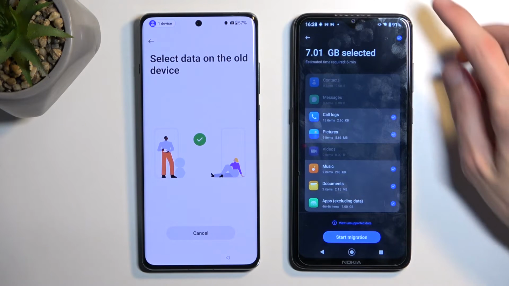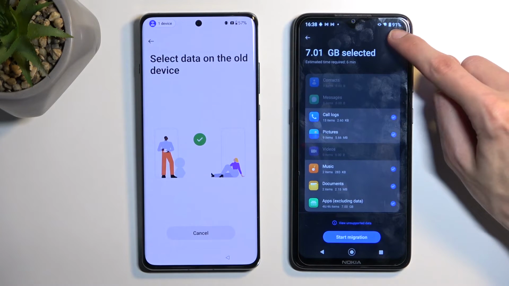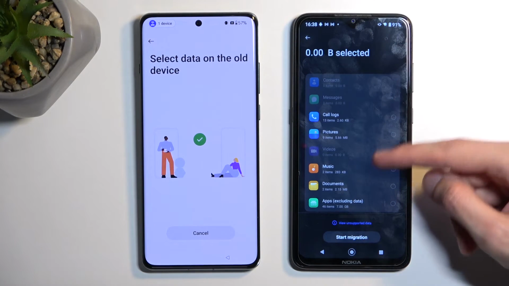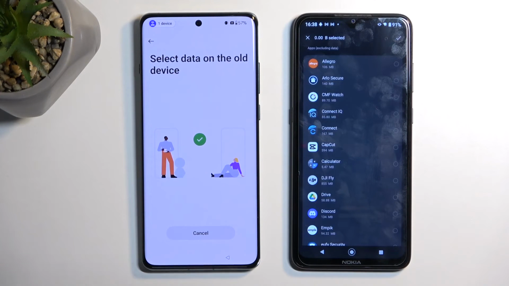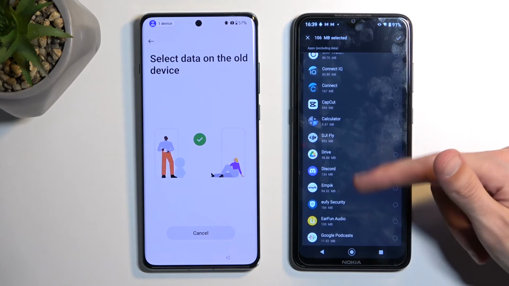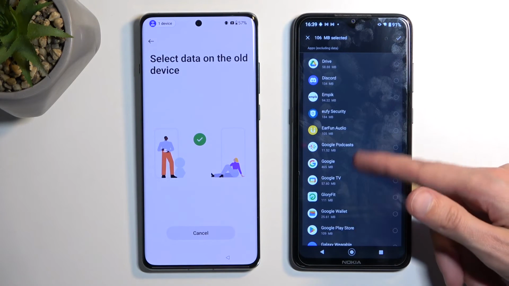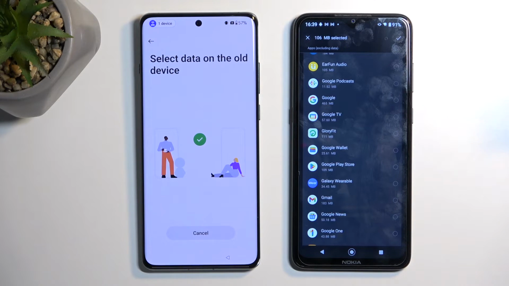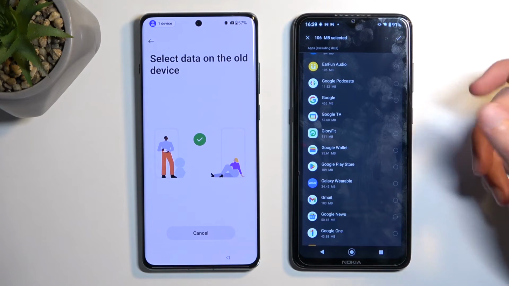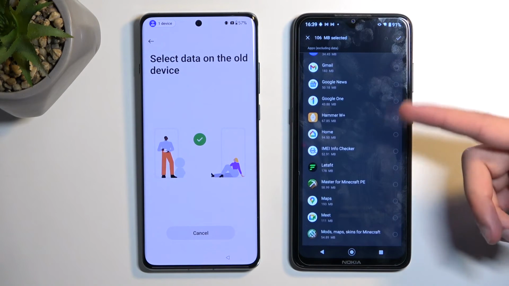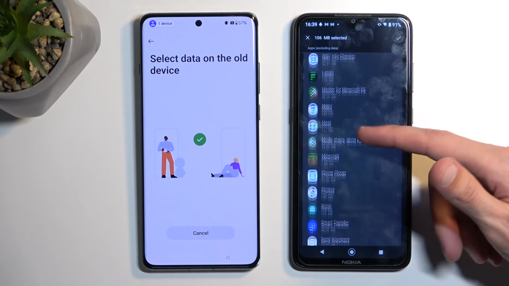Okay, so we're gonna unselect everything by clicking right over here, and then you want to navigate to apps right over here. Just click on the text, not the select option, and in here find any kind of application that you can move over. So I'm gonna just select the first one, which is Allegro. You might look for some other application if you don't see whatever I'm selecting. Obviously this is a custom application that I've installed, but you can look for any kind of application that comes